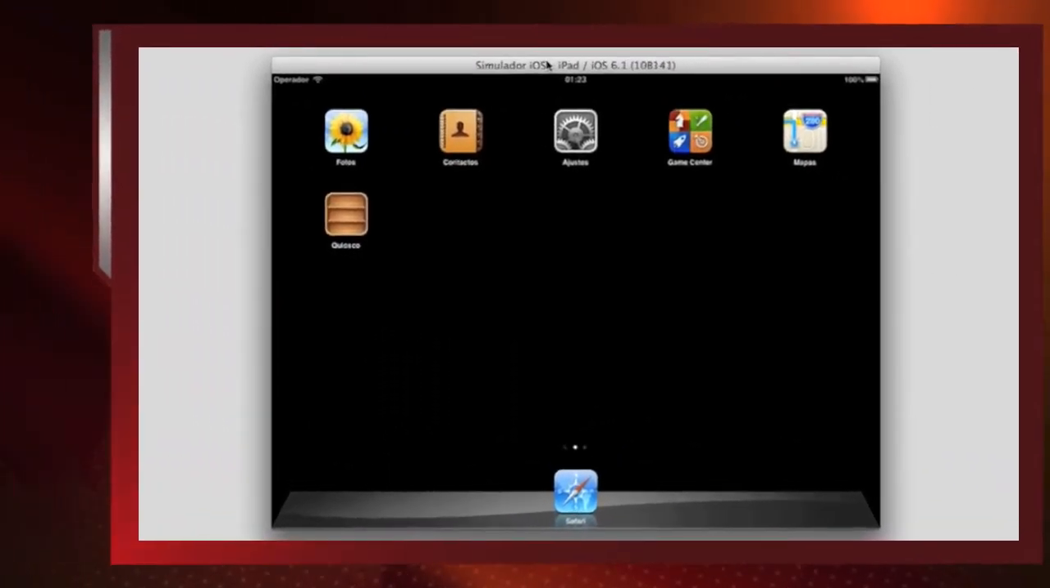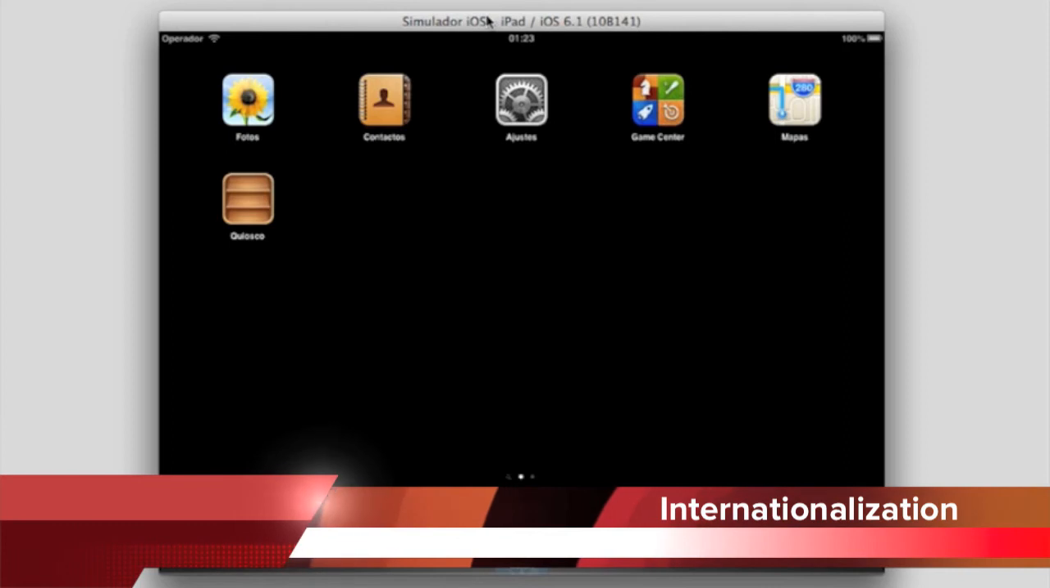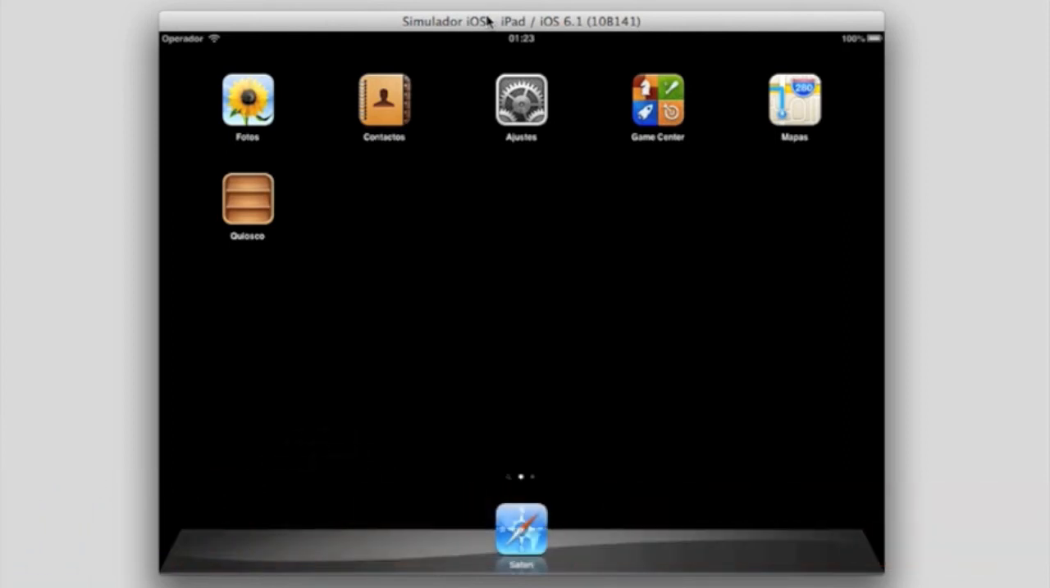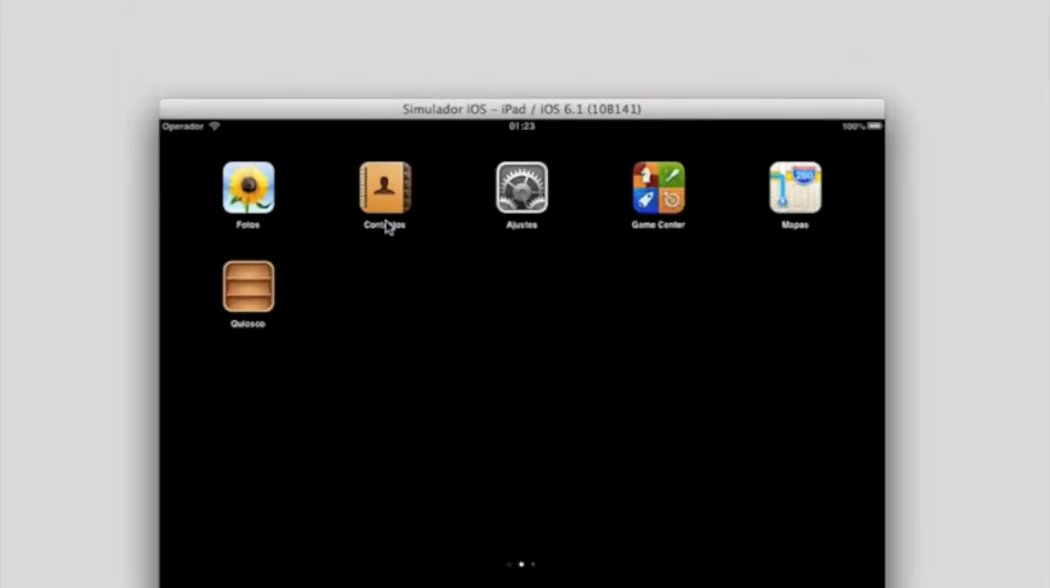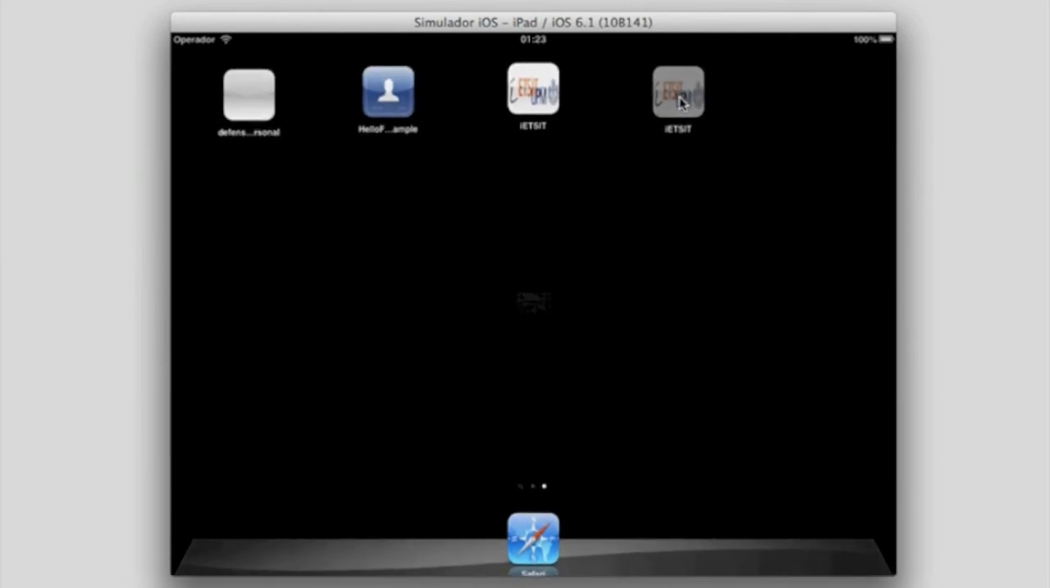Another key feature of the app is internationalization. This means that before I showed you all the app working in English, but imagine I have an iPad or an iOS device working in Spanish. Well, that's no problem at all, because the app is capable of detecting that and adapting to change everything. In this case, as you can see, this is now Spanish. So if I scroll over and select iETSIT,